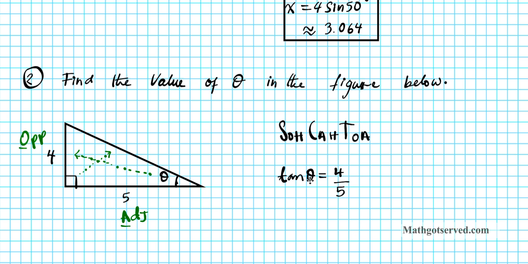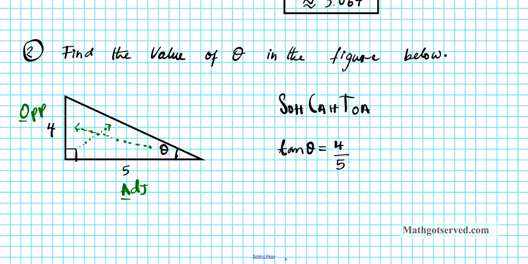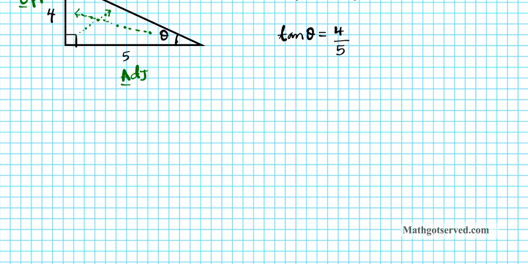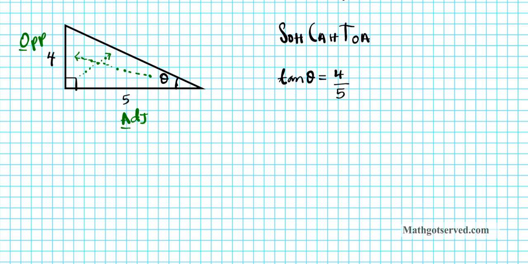Now, in order to isolate theta, we're going to take the inverse of tan. So we take the inverse tan of both sides. On the left side, it's tan to the negative 1, that's how it's written, of tan theta